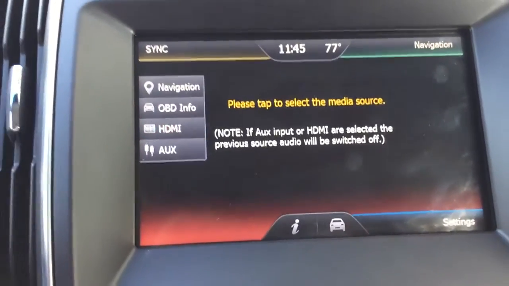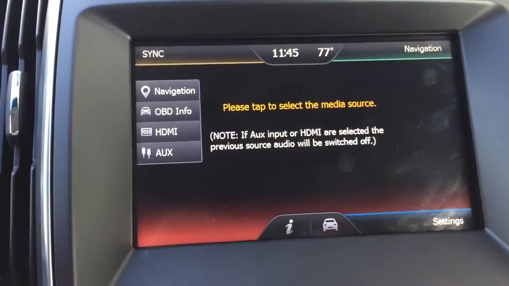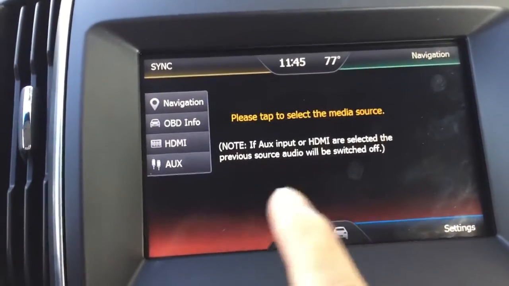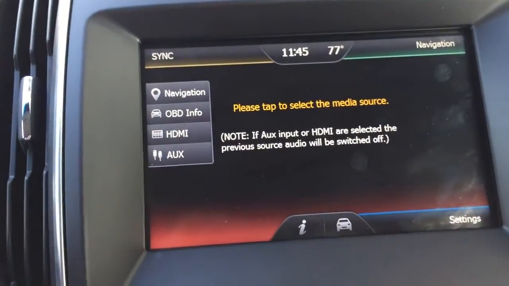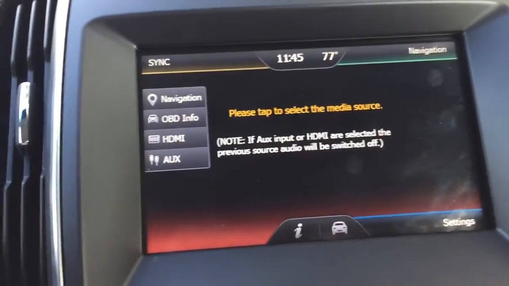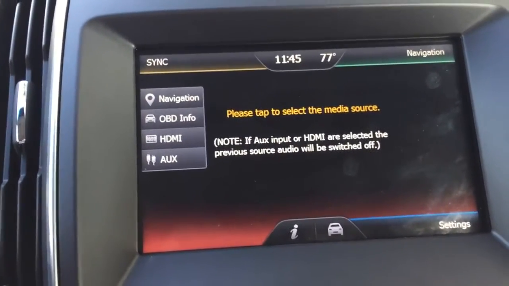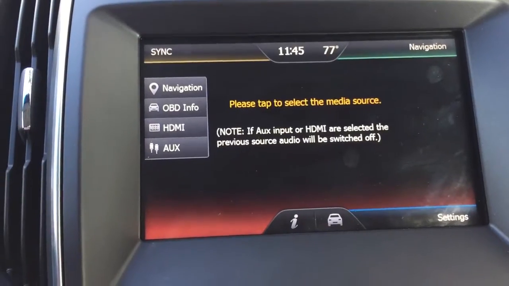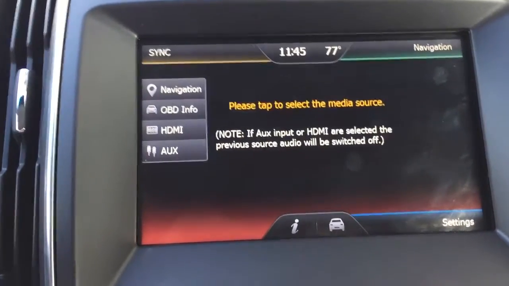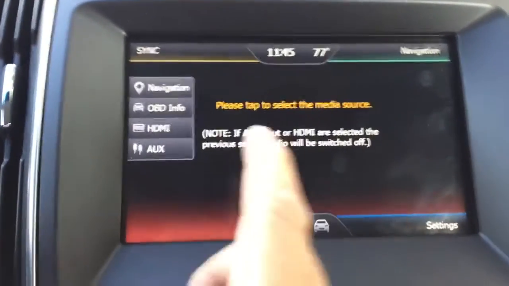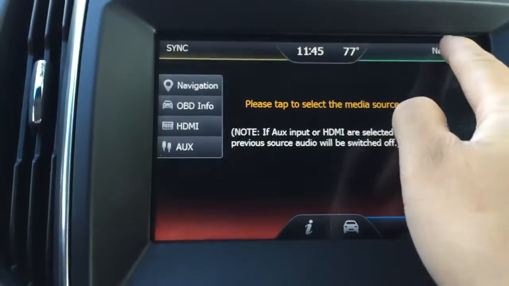So when you hit it, you go directly to the interface page, and as you can see, all the UI designs and the colors, things like that, are exactly the same as the original. So you lose no functions after you install. And now you get new features for iGo Map.